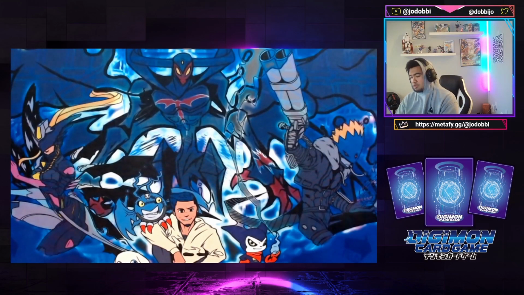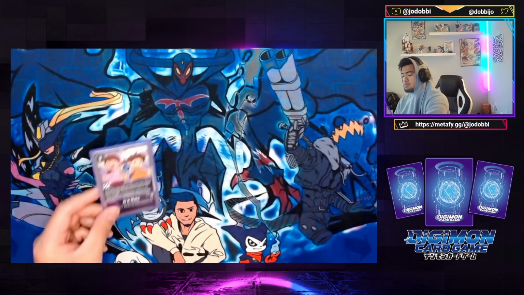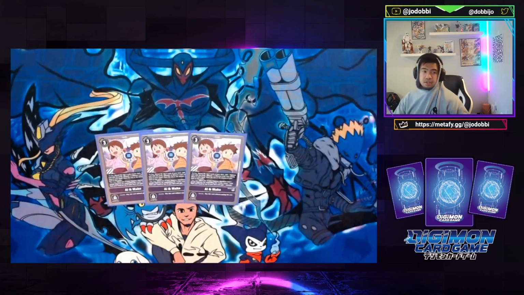But we'll finish up here. So for the options, well, Tamers, we're running 3 copies of the new Iron Mako. Once again, I'm probably gonna cut the BT6 Impmon for a 4th Iron Mako. I just think Iron Mako is so important because it's your main searcher. It allows you to grab your level 4s and your level 5s, which you play pretty few of,